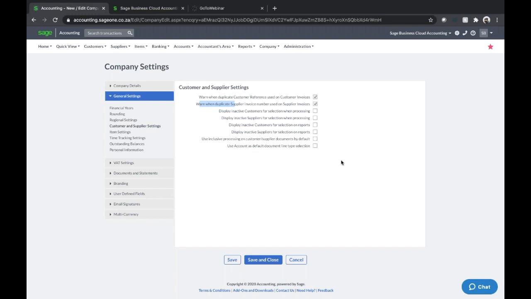You don't want that account to appear when processing or when reporting. There's a checkbox available for that as well. So play around with the settings, see which one is applicable for your business, and you can process it going